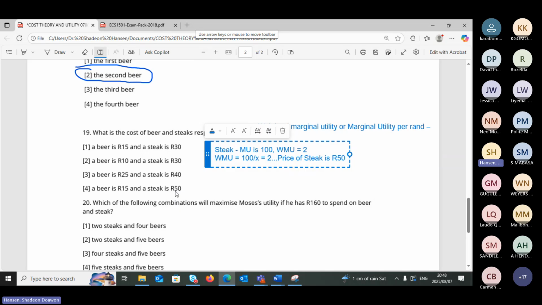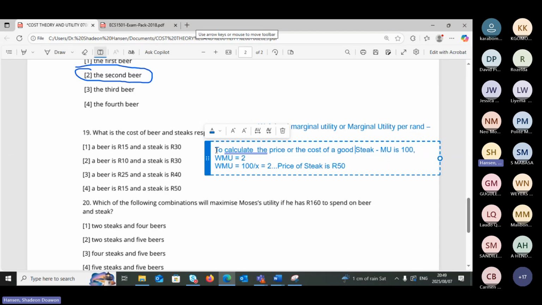Please, but of course, if it is a timed assessment, students, then that will be useful for you to choose the answer, because it will save you maybe 5 or 10 minutes. However, it is not a timed assessment. You can just make sure, double check, triple check, quadruple check, etc. Right? And please note, to calculate the price or the cost of a good or service,